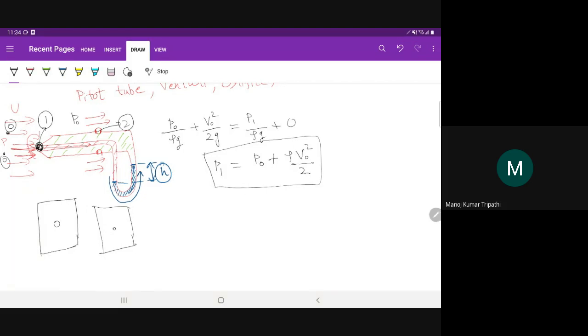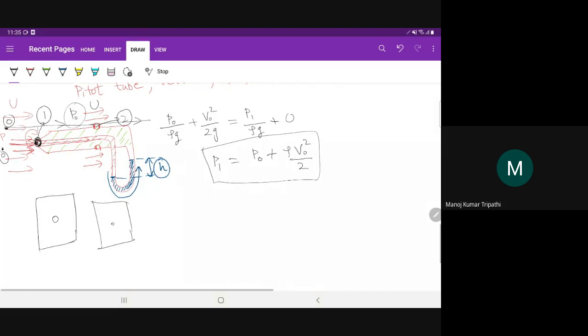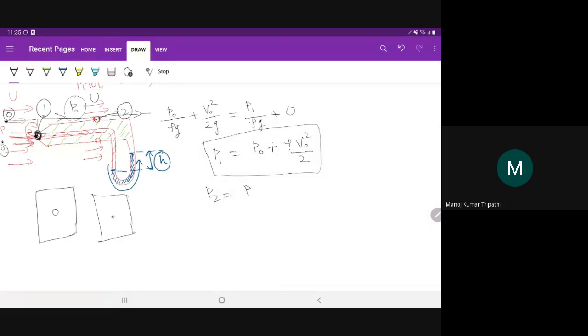It will have the same properties as point 0 and point 2, and apply the Bernoulli equation for this streamline. So you will see that for both of them, velocity is almost the same. It is capital U. The fluid is flowing with approximately the same velocity. This small device doesn't change the velocity. So you will get the same pressure P naught at point 0 and point 2. So P2 will be P0.